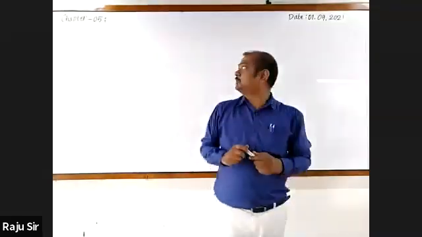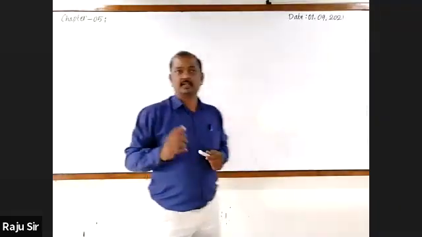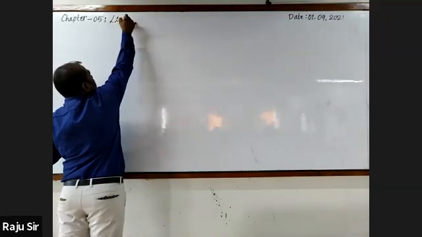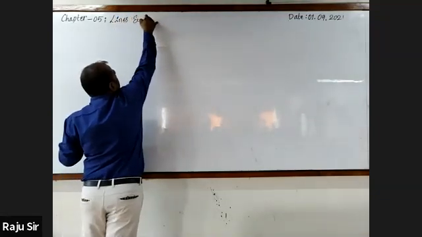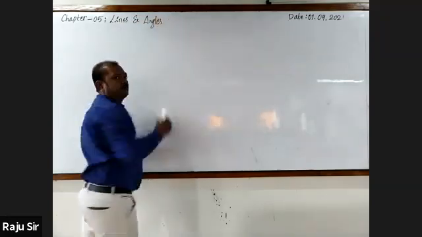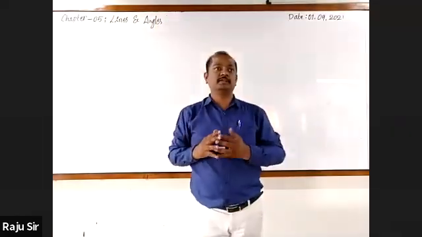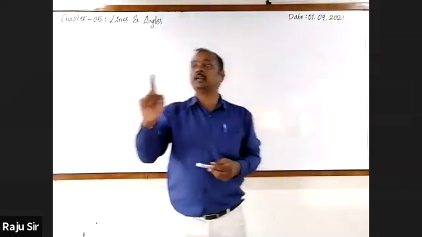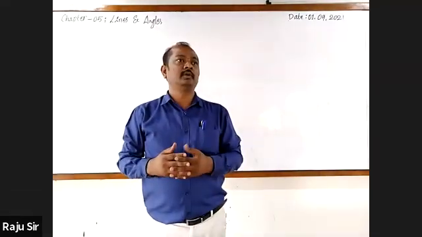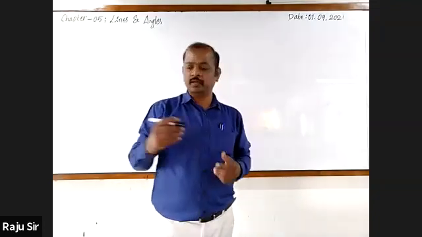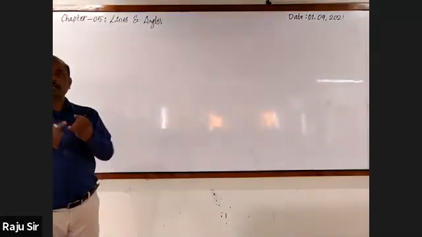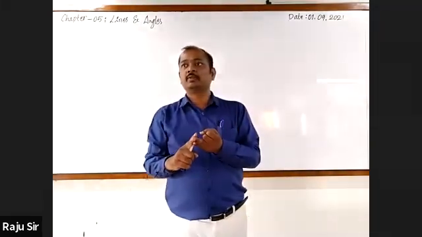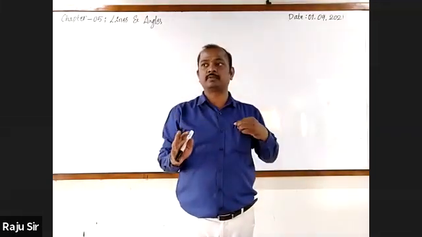Yes. Name the chapter that we were discussing last class. It is lines and angles. And could you tell the last concept that we have discussed in this chapter? Yes. Theorem of intersecting lines. That is, when two lines intersect each other, then the vertically opposite angles so formed will be equal, right? This was the last statement, and based on the linear pair axioms and vertically opposite angles, we were solving some problems, right?